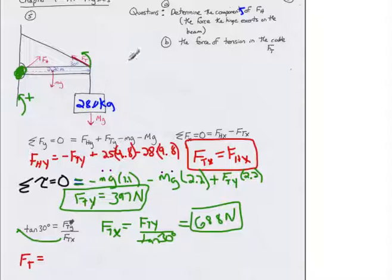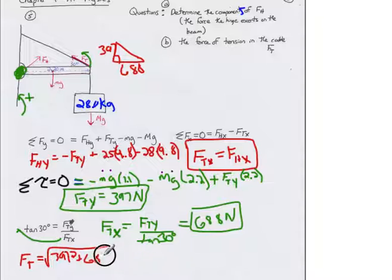Or you could just think about your triangle up here, right? You could just use Pythagoras and use your triangle. So you've got that the y component is what, 397? The x component is 688. You can just use Pythagoras, but if you use Pythagoras, or if you think about it as vectors, it's the same thing. So we go 397 squared plus 688 squared, take the square root of that,